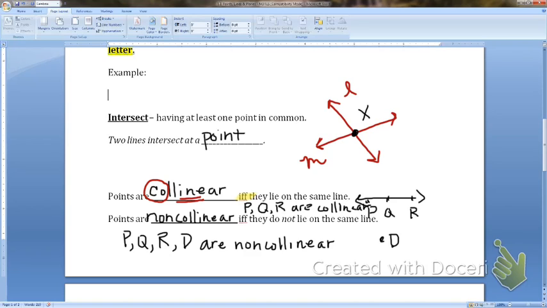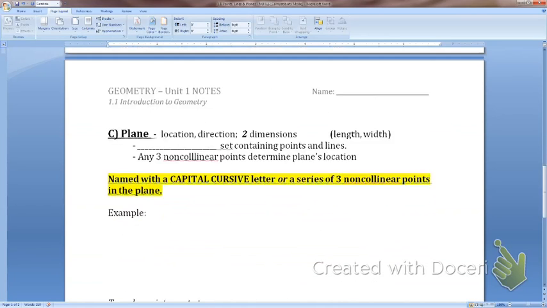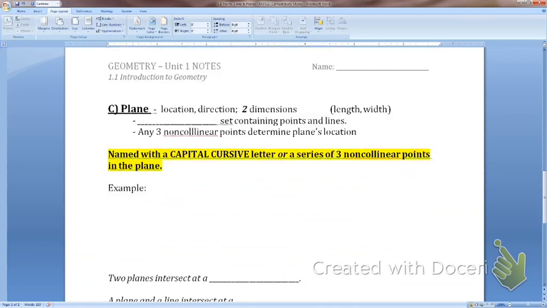And again, even though PQR are collinear, we have to talk about them as a whole. So all four of them together are non-collinear. Okay, so collinear and non-collinear, those are both going to be vocab words for you. So make sure that you know those. All right, next page on the back,